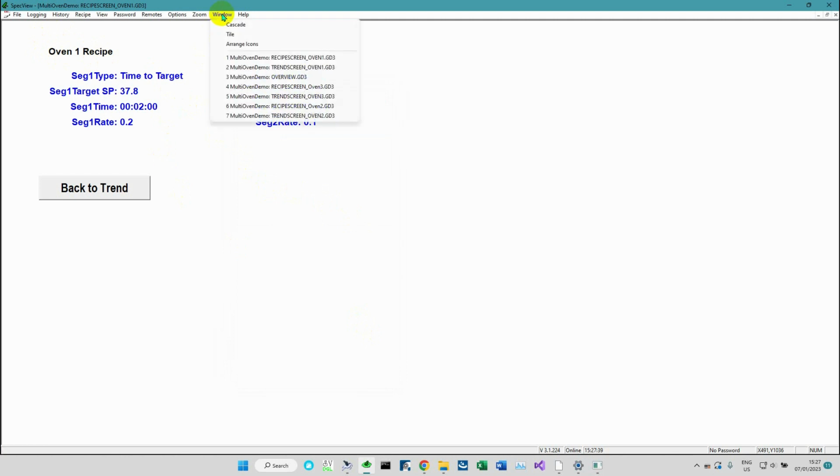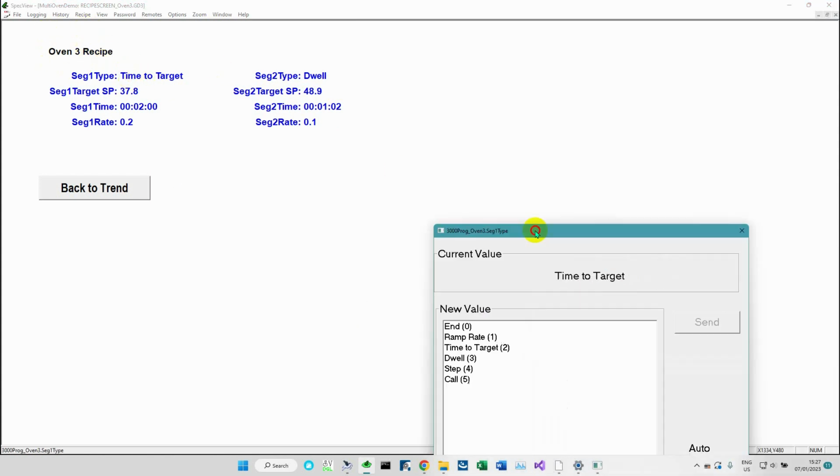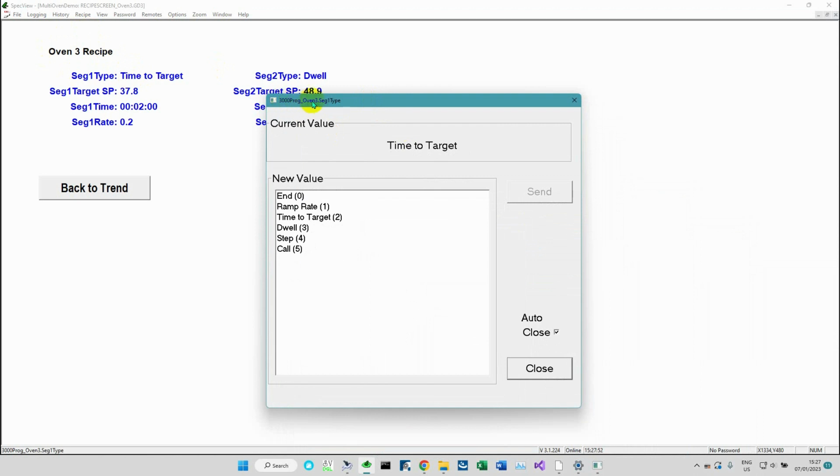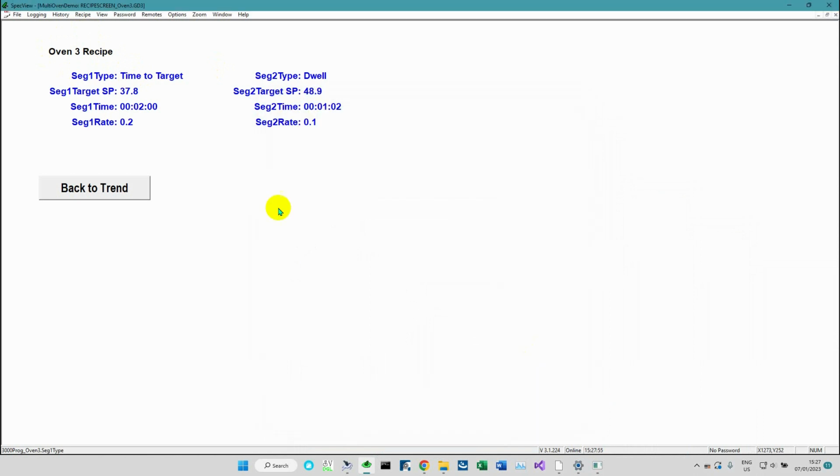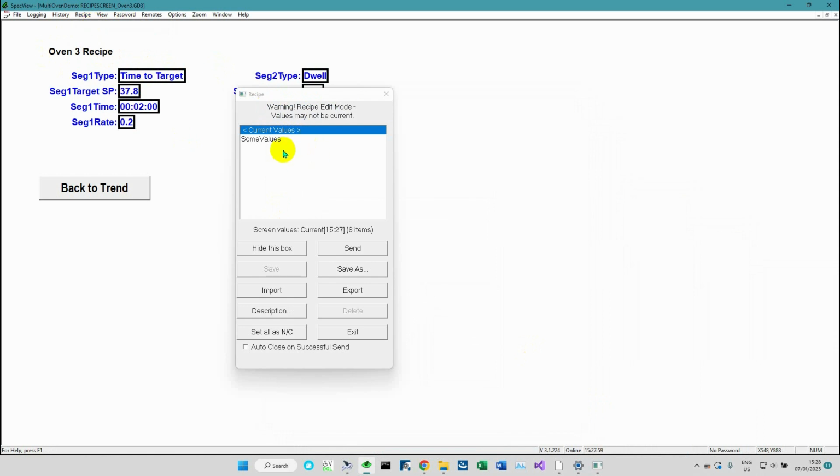And the same is also true of all my other screens. If I look at recipe screen 3 for example, this is the oven 3 recipe screen. These numbers on here, if we just click on one of them, you can see that it's going down to oven 3 segment type, and so if I do a recipe management and click send, this recipe will only go